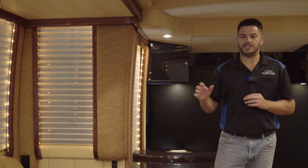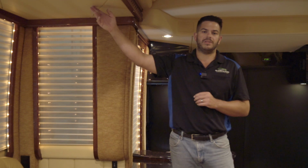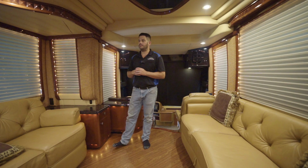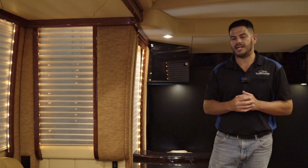In addition to the couch over here in the driver's side slide out, you do have a drop down slide out television that will drop down here out of the ceiling. That drop down television in the slide out is really nice for traveling. Obviously with the slide out in,